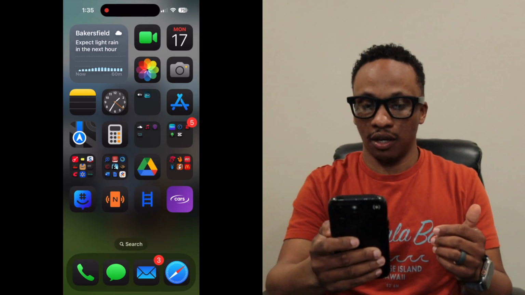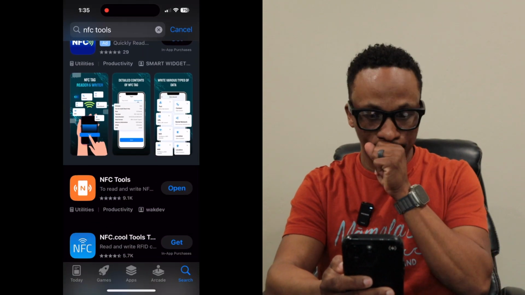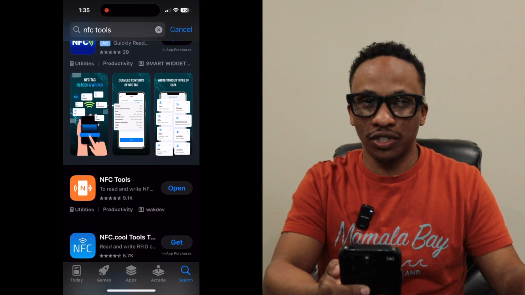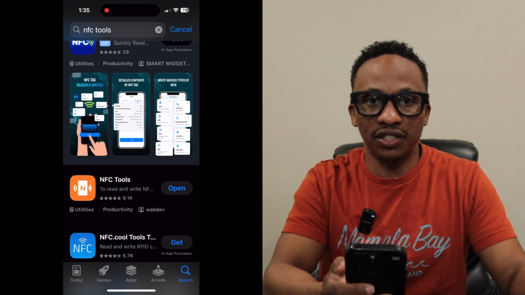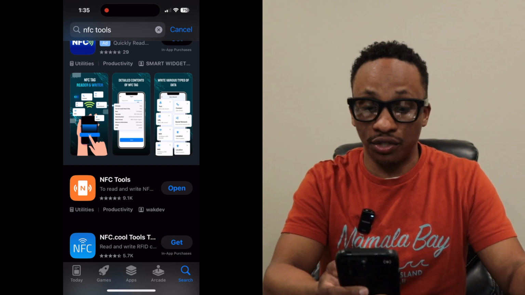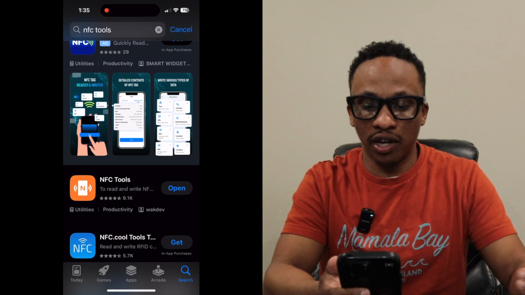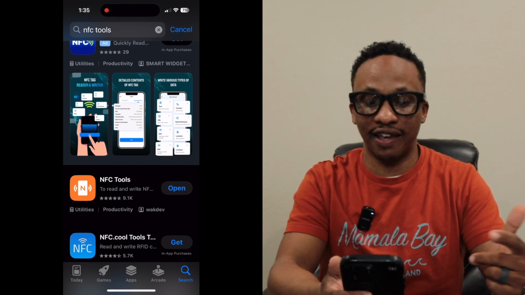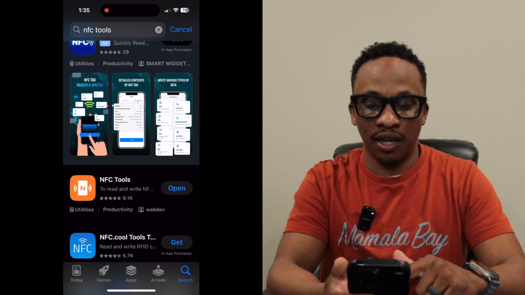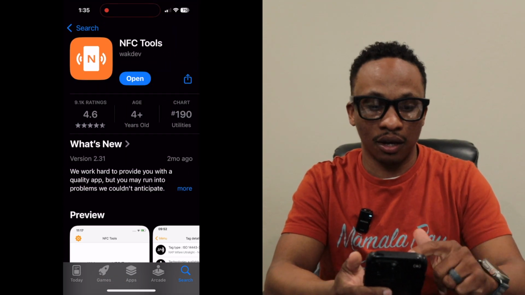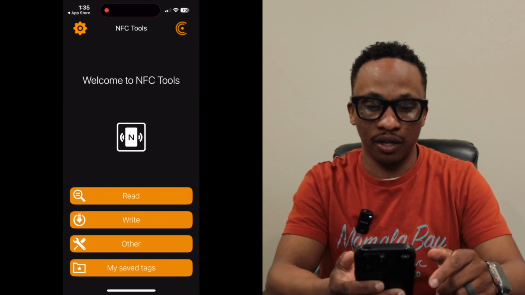So I'm going to flip open my phone here, and we're going to go to our app store. For you Android users, I'm pretty sure there is some sort of free NFC tag tool that you can use. And so what we're going to do, we're going to go in here. It's this orange one. It says NFC Tools. You can see how I typed it in at the top. You'll click on it. I already have it, so we're going to open it up,